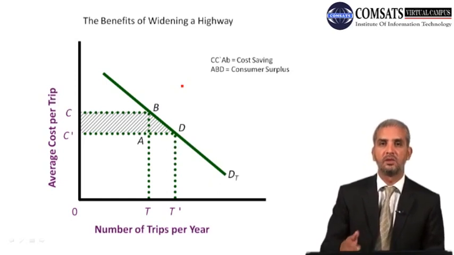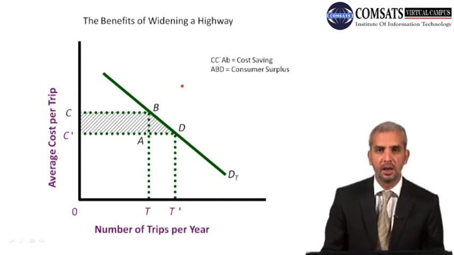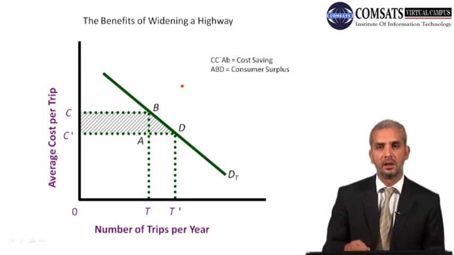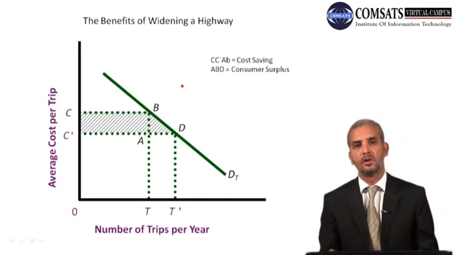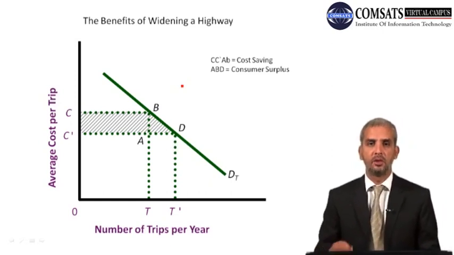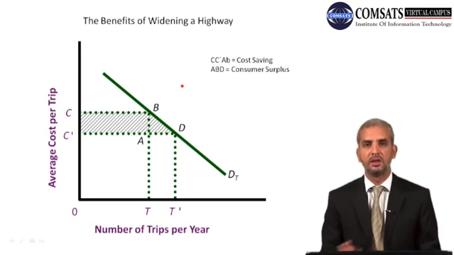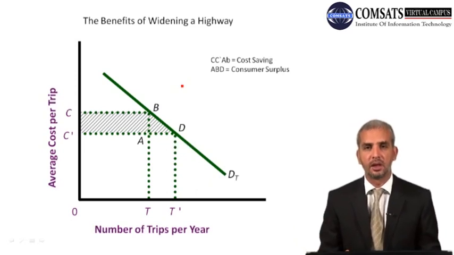Consumer surplus, in simple words, is the difference between how much you value the product, because the demand curve represents how much you value the product, because nobody would pay a price higher than the value they consider for that product. So if I value tea at rupees 50, but when I go to the market I purchase tea at rupees 20, that 30 rupees difference is my consumer surplus that indirectly goes into my pocket.